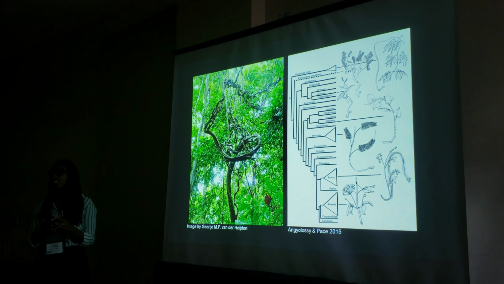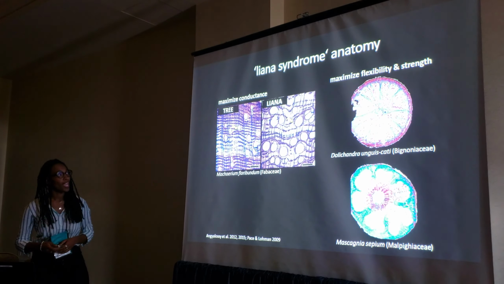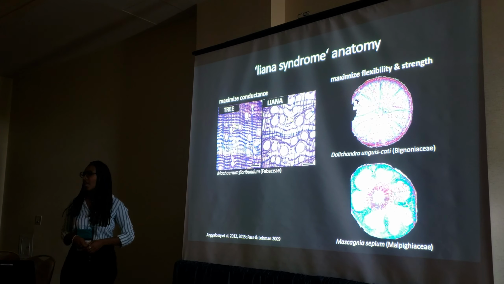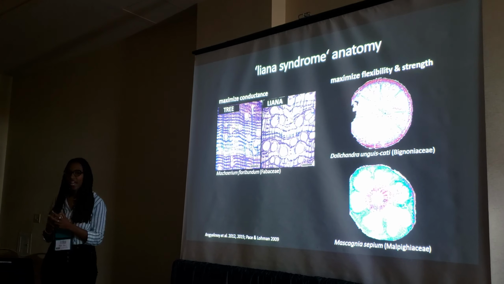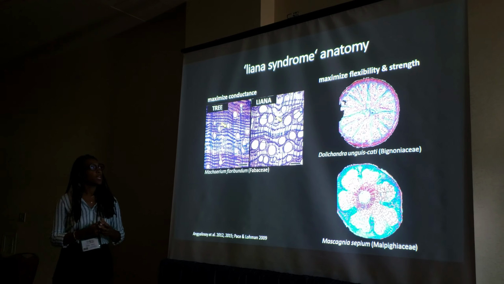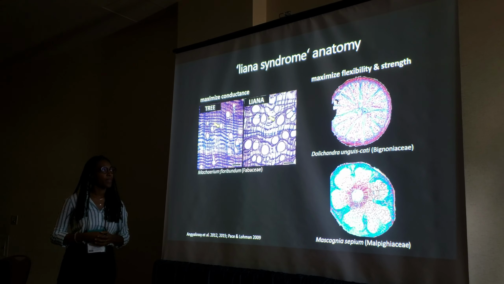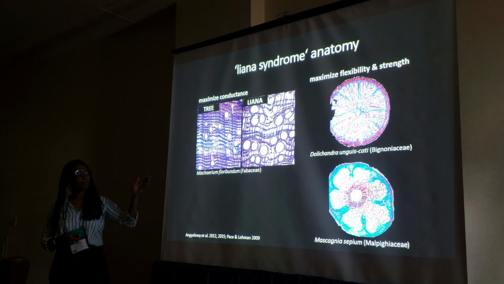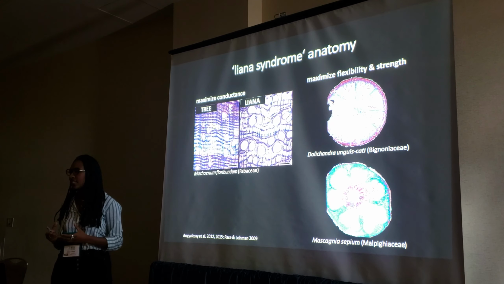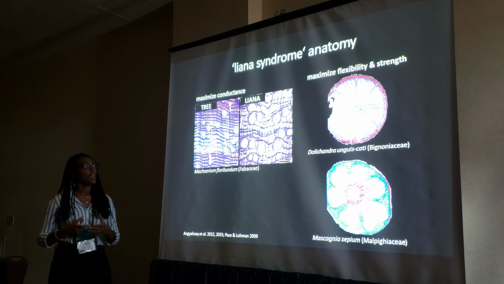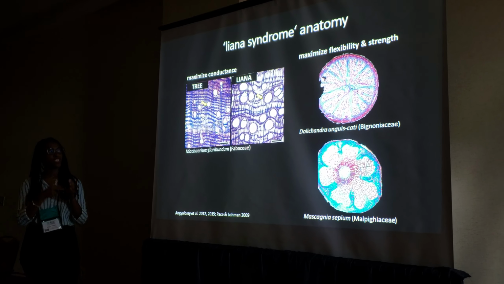And with the convergence of this growth form, the convergence of this habit, comes the convergence of an anatomy called the liana syndrome anatomy, which is three functional components working together in a coordinated fashion to achieve three functions: maximizing conductance, maximizing flexibility, and strength, to our right there. So to maximize conductance, this is something we see very, very commonly, which is that lianas have larger vessel elements, so they're water-conducting conduits, than trees in closely related lineages, and we see this trend time and time